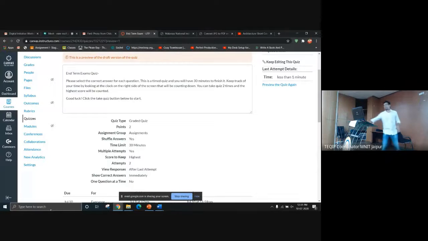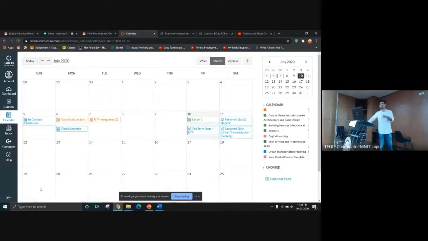The last thing I'm summing up, the last thing that will be discussed here is the calendar option. As I was telling you, management of time and dates is very crucial towards the end of the semester and also throughout the course. So this is a calendar. You have color coding for all the subjects that you have created. And color coding wise, you will get to see a notification on this calendar.